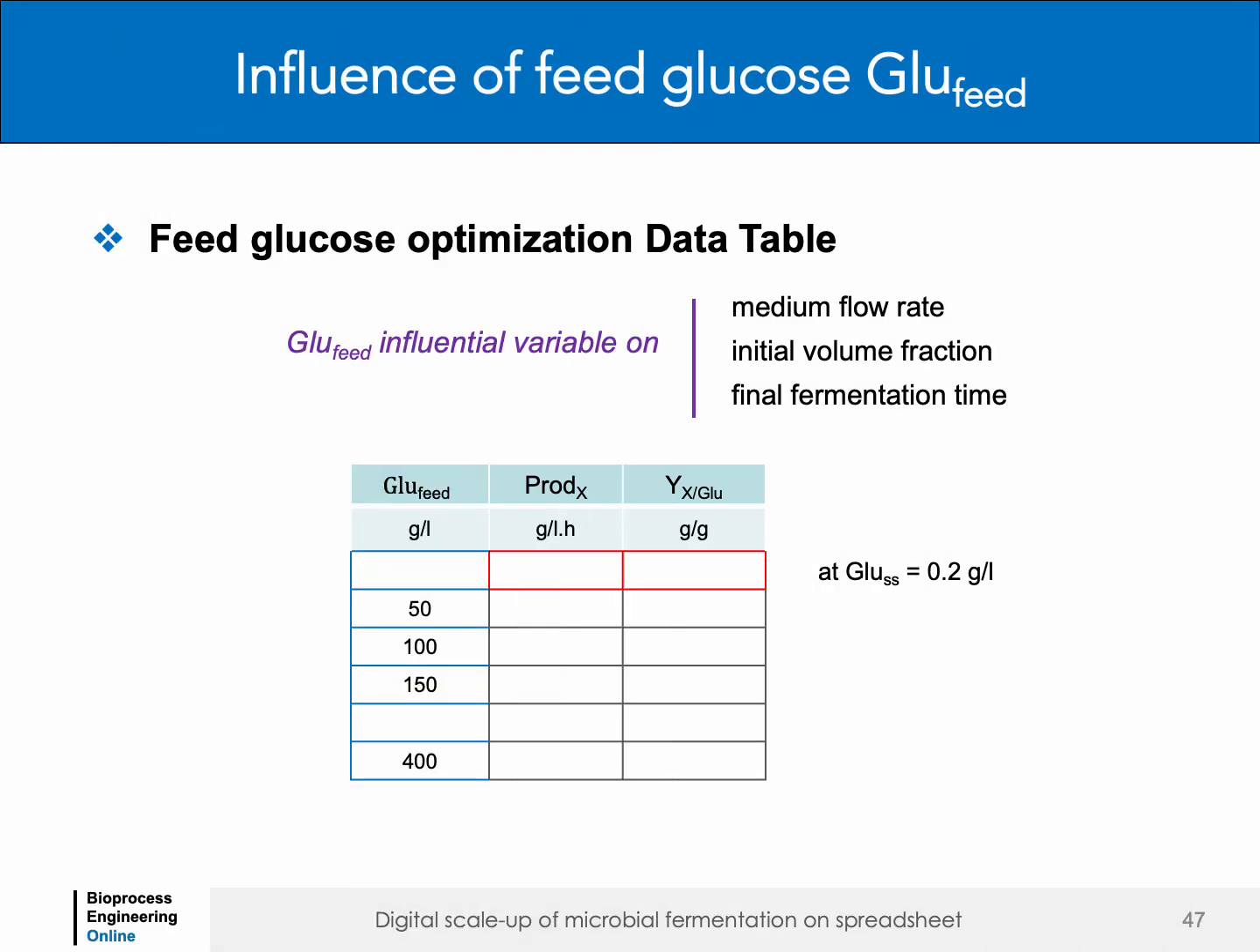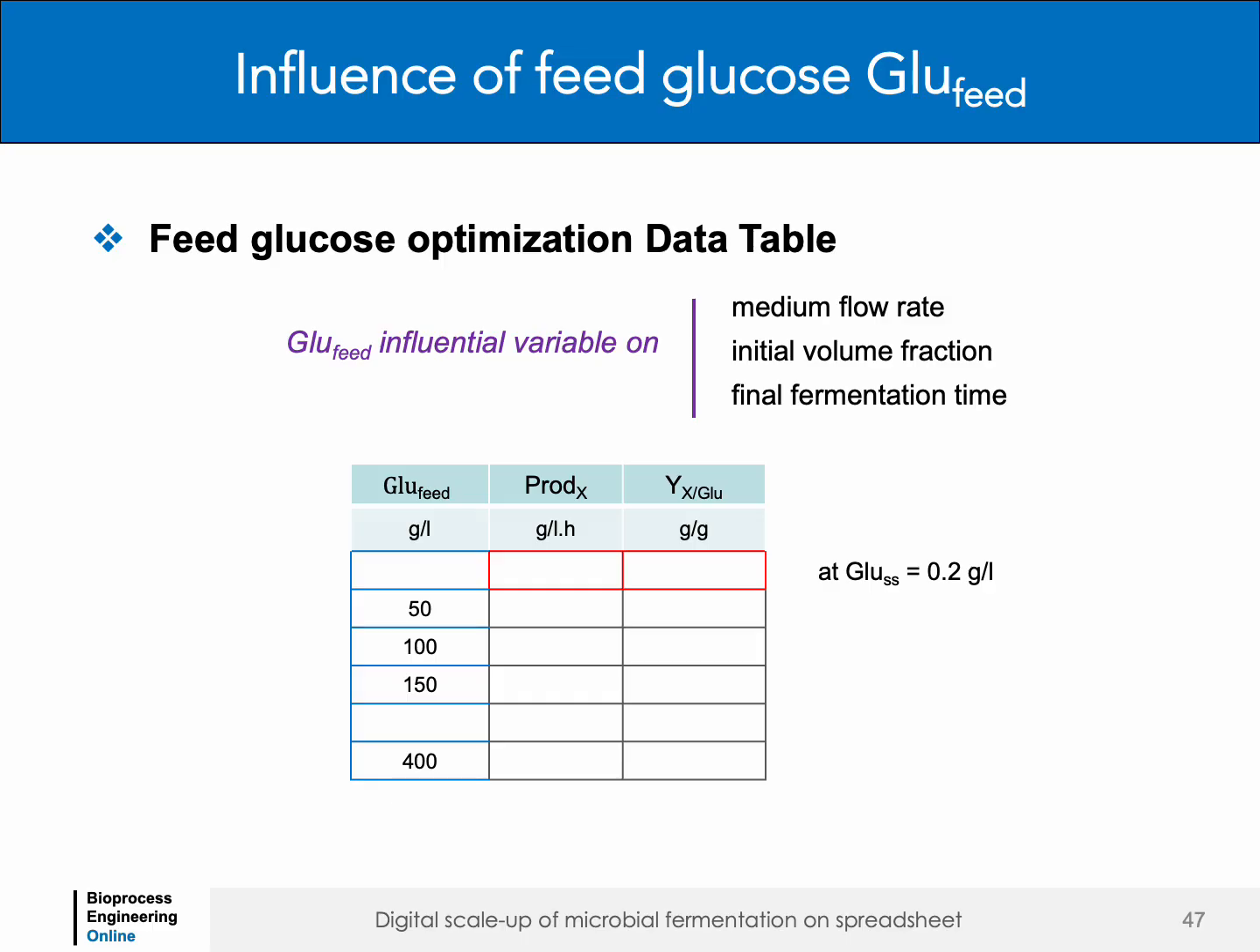During the fed batch feeding phase, an additional important operating variable is the glucose concentration in the feed, GLU feed. This parameter strongly influences the feed flow rate, the initial medium volume fraction, and the final fermentation time. The influence of GLU feed on fermenter productivity and glucose conversion yield is thus precisely assessed using a one-dimensional data